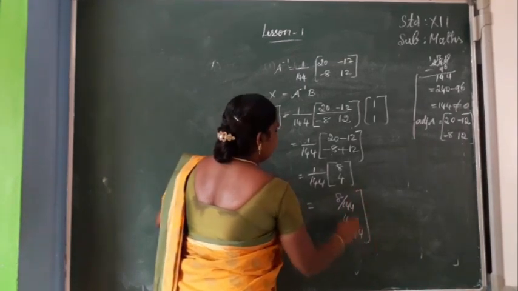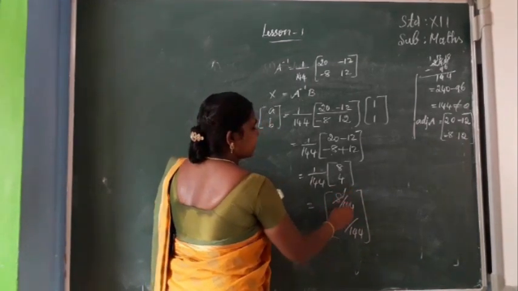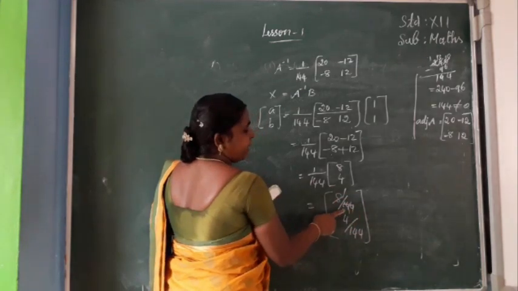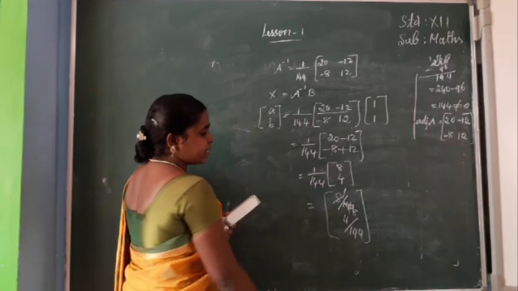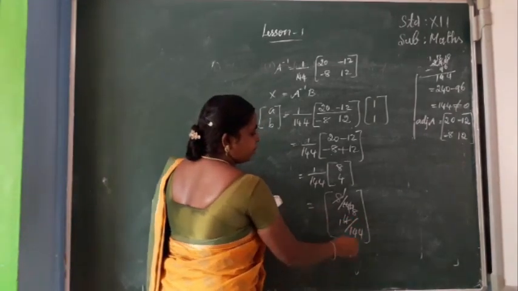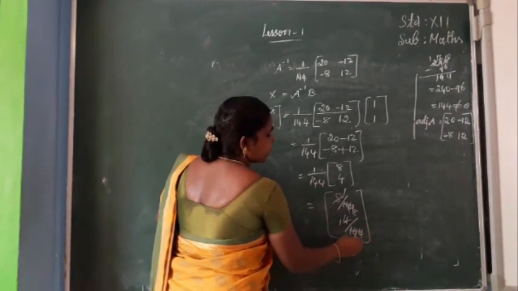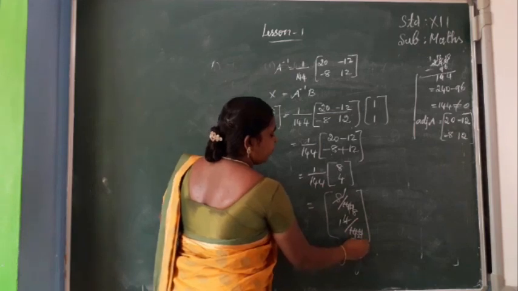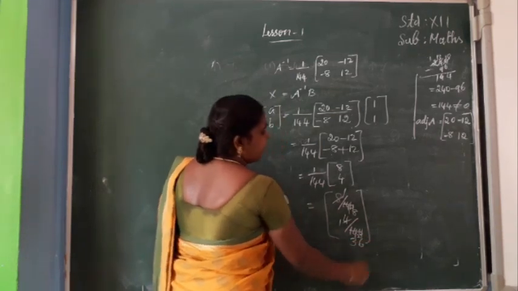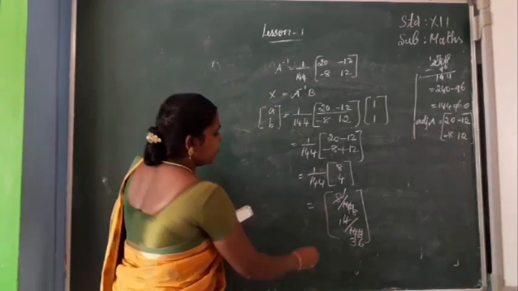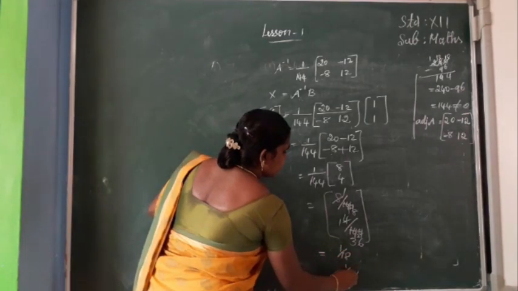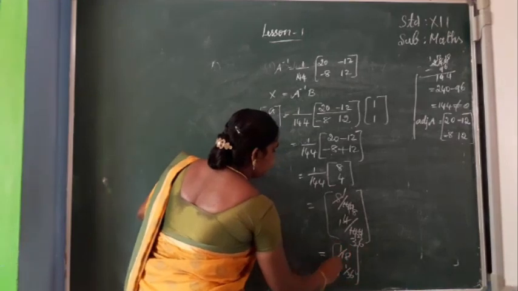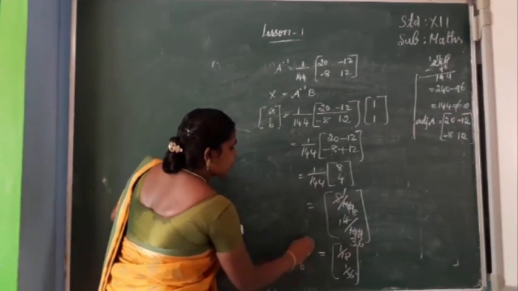Now you simplify. So 18 times 8 is 144. Remaining 64, 8 8s are 64. That's here. 1 4 is 4 here. 3 4s are 12, remaining 24. Next 6 4s are 24. So what we got? 1 by 18 and 1 by 36. Finished. So this is the value of A and B only.